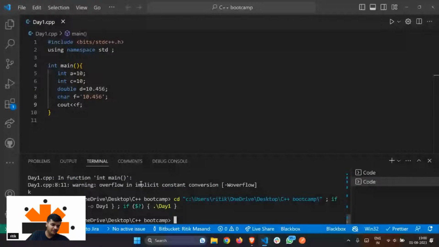Whenever we declare any variable, whenever we introduce any variable, it has a certain size. You can store numbers in an integer variable only till a certain size. And if you try to exceed that size, it will just result in an overflow error. And why will that happen? Because